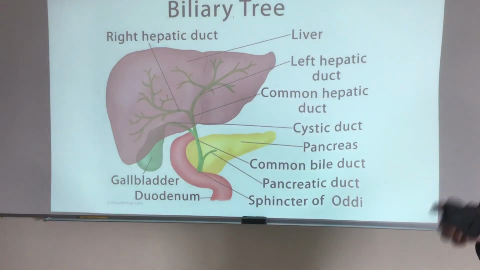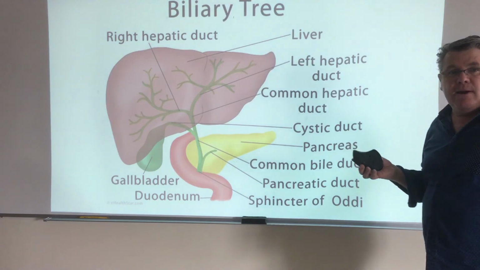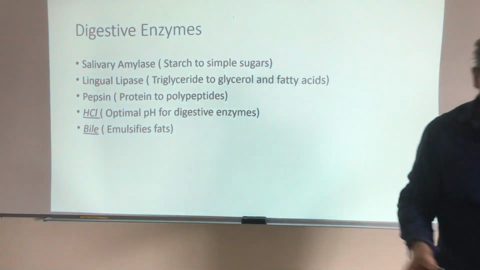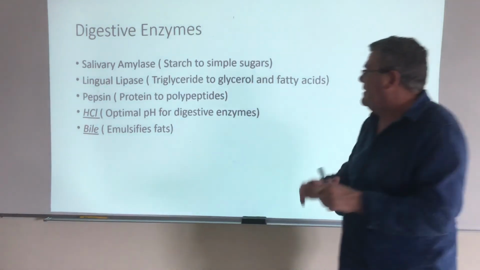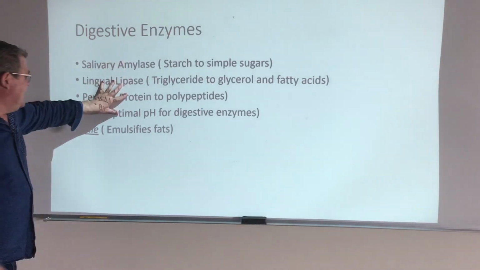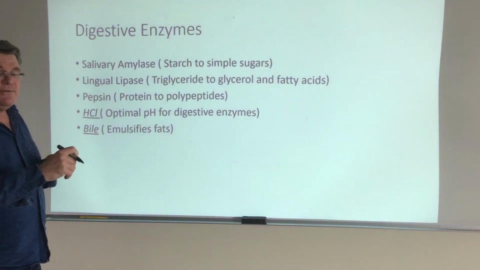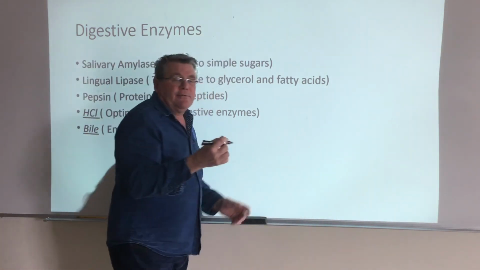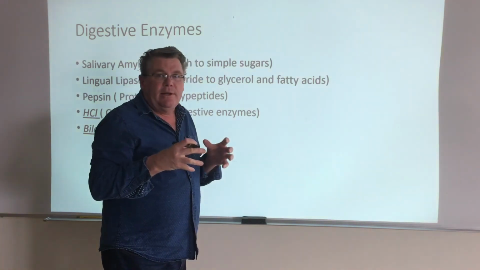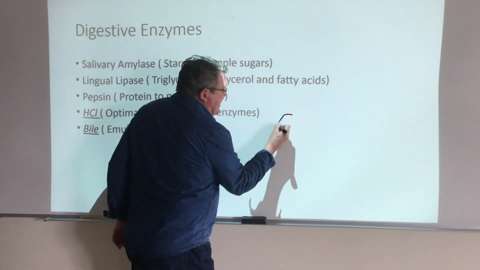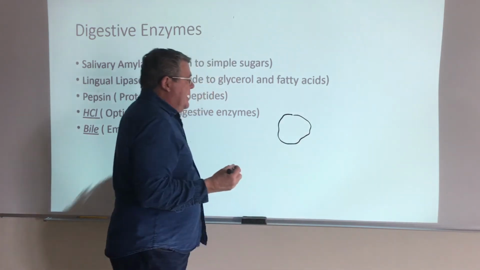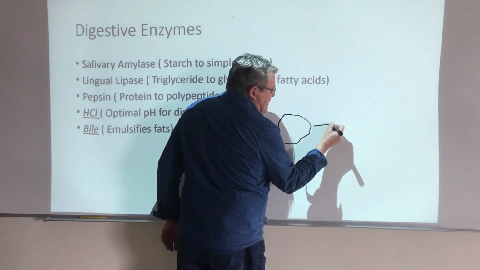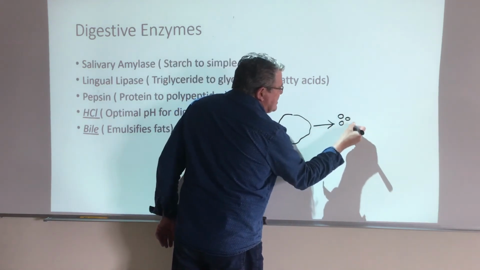So we've also been dealing with the fact that we've got to play around with the chemistry, right where I started this video out. So here's where I want to end this, with about a minute left, and hopefully I've done this correctly. I'm going to add on to this, and what bile does is it emulsifies fat. Now it's not a true digestion of fat, but you guys know surface area is important. If you want to attack something, you need a lot of surface area. So if I have, to use a very scientific term, a glob or a blob of fat, of lipid, if I can break it into a whole bunch of smaller